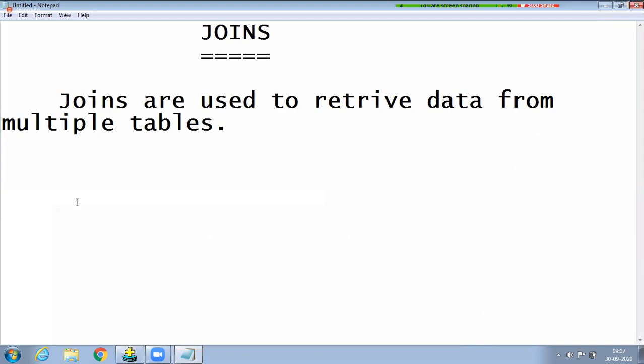That's why if we are joining n tables in our relational database, then we must use n minus 1 joining conditions. Write it.